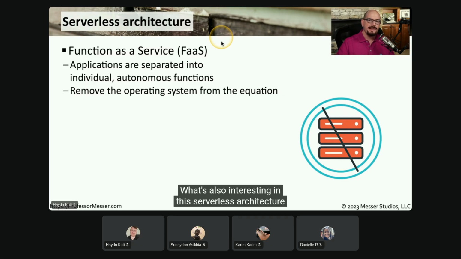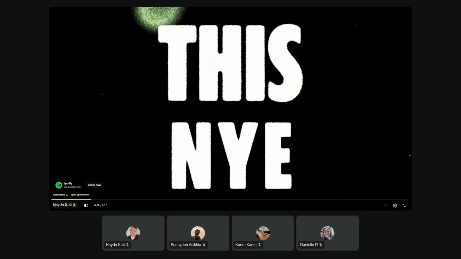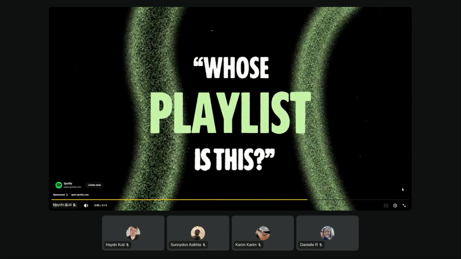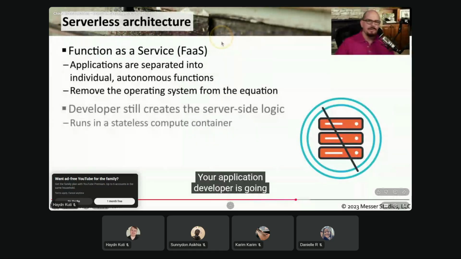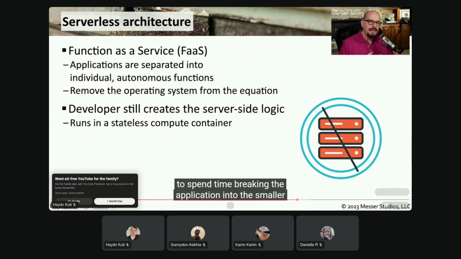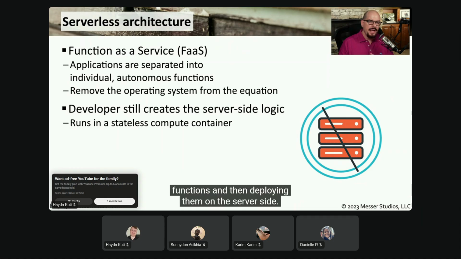What's also interesting in this serverless architecture is there's much less emphasis on the operating system itself. Each one of these smaller application functions can run in whatever operating system happens to be appropriate at that particular time. From the application's perspective, we're only interested in sending and receiving information for that small piece of those autonomous functions. We don't have to worry so much about what operating system is running underneath. Your application developer is going to spend time breaking the application into these smaller functions and then deploying them on